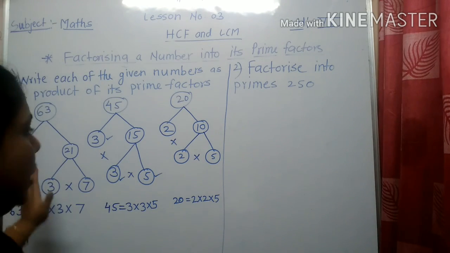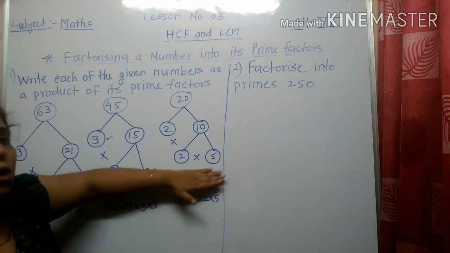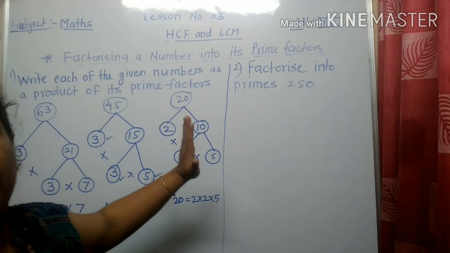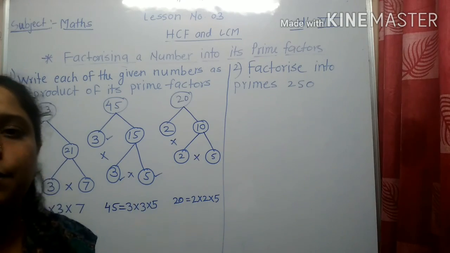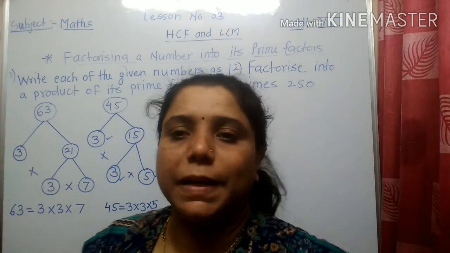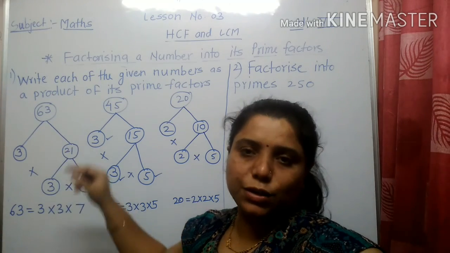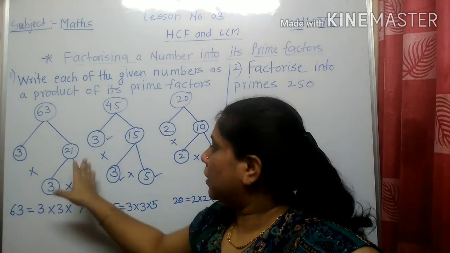I think you all understood these 3 examples. This is the way to write the factors of the given composite number. You can write in this way also. Sometimes they will ask a question based on an activity, so sometimes a fill in the blank will be there. So you can fill in the box with the respective number.